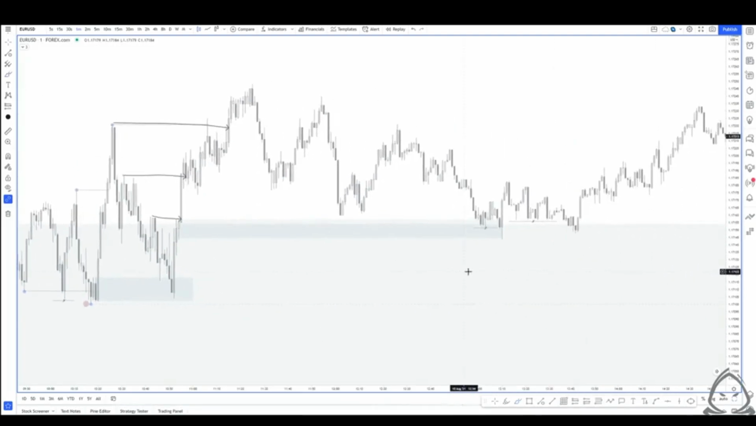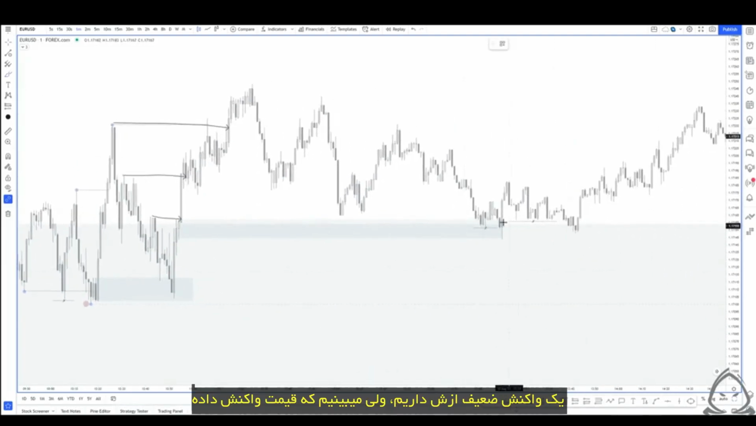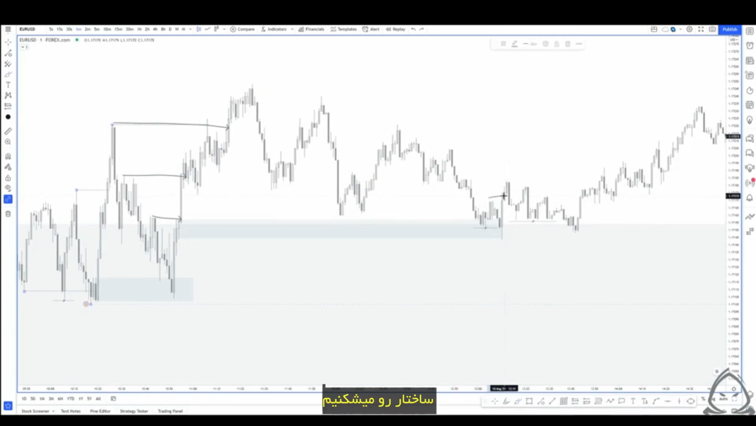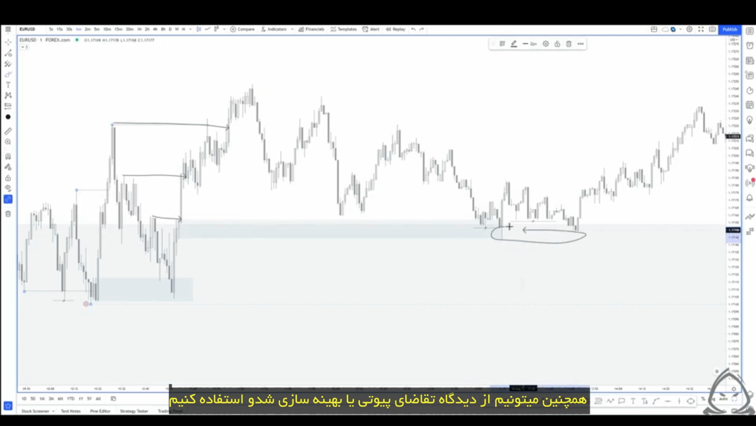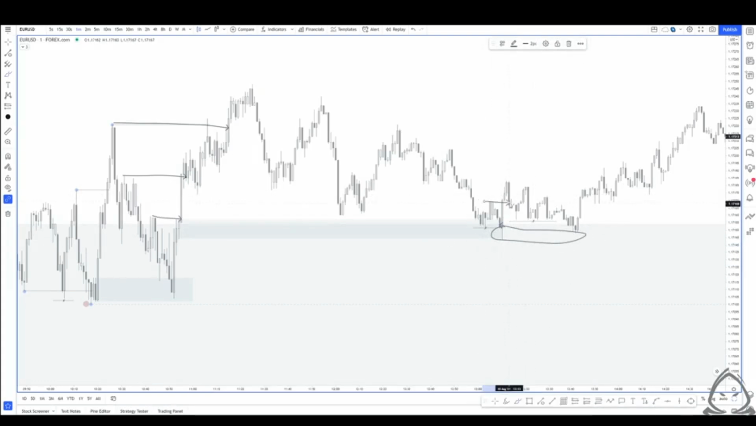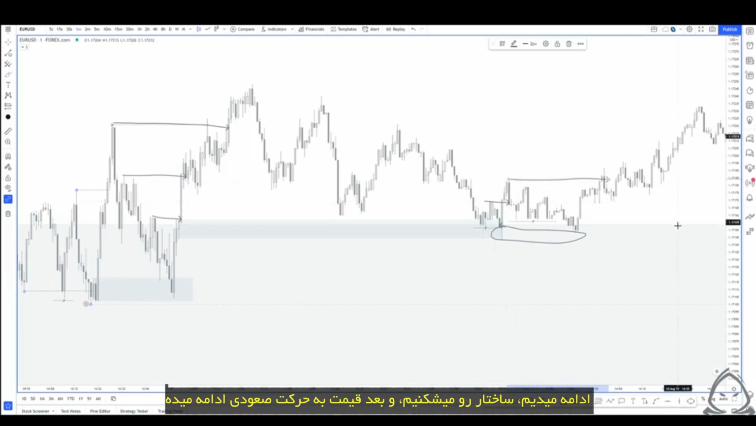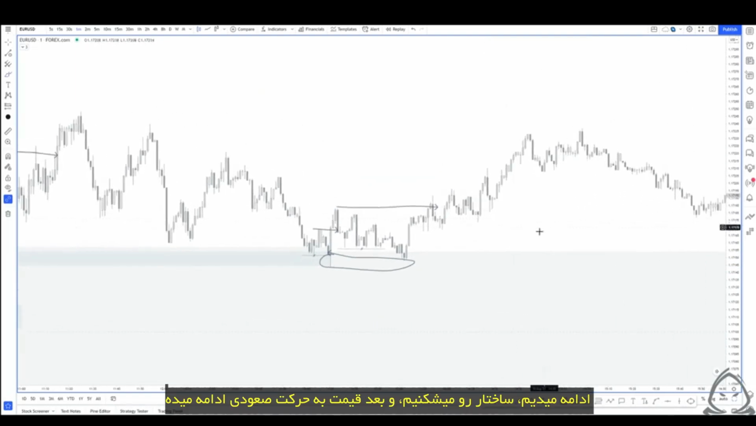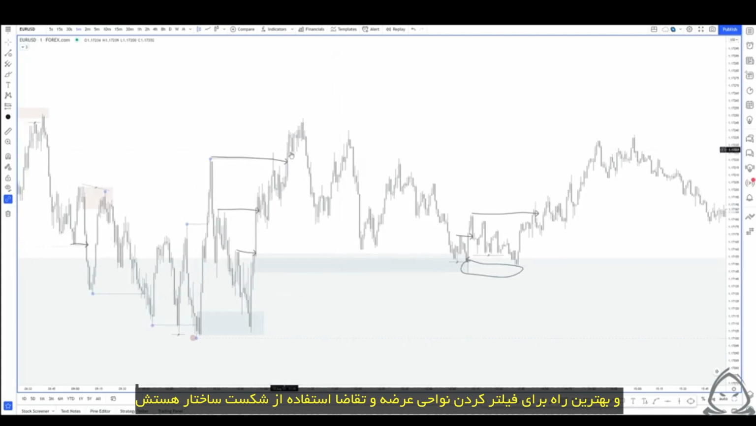Price reacts off of it. We get a fairly weak reaction. Well, as we can see, price reacts off of it. We break structure. So what we can also do is look at this wick using pivot demand concepts, using our wick refinement. We can see we break structure, we continue on, we break structure, and then price continues moving to the upside. And this is the best way to really filter your supply and demand zones, is looking for breaks